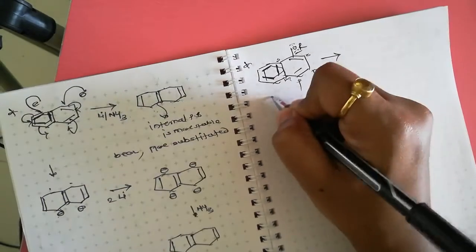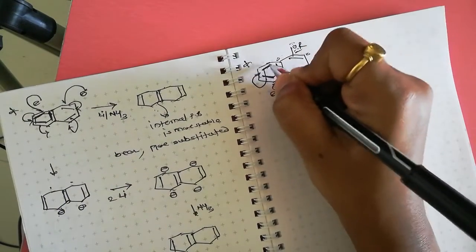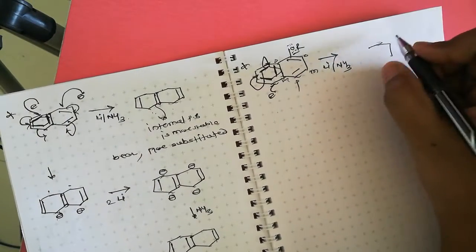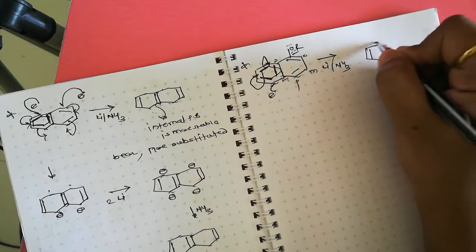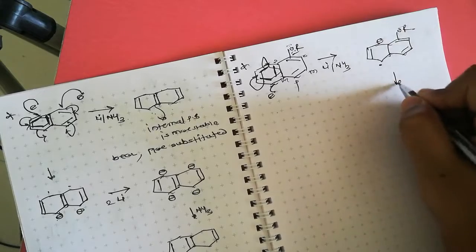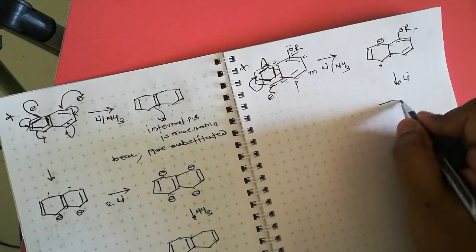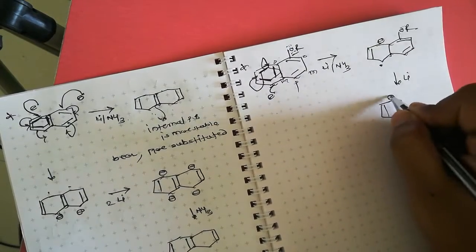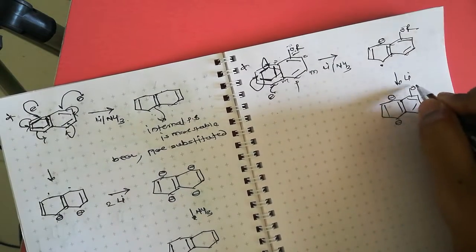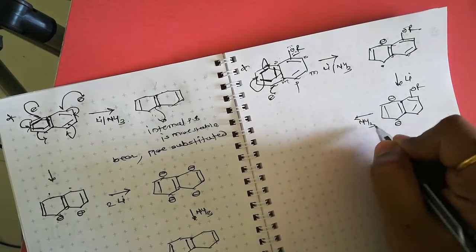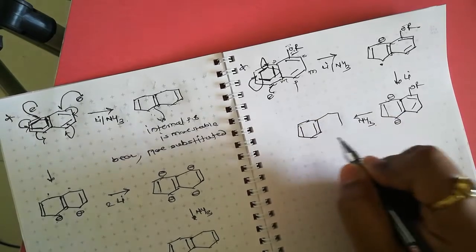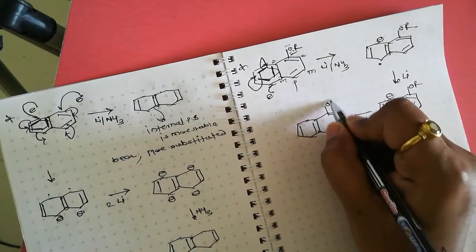Therefore electron transfer here, this bond shifts here, and here negative charge is formed, and we get here a double bond, here negative charge, here OR. Again lithium transfers its electron to this radical, and we get here negative, here OR. Then ammonia transfers its proton to these two negative charges, and we get this product.